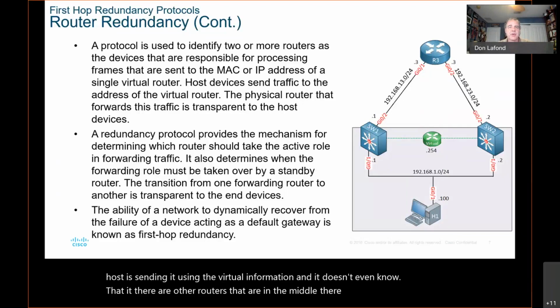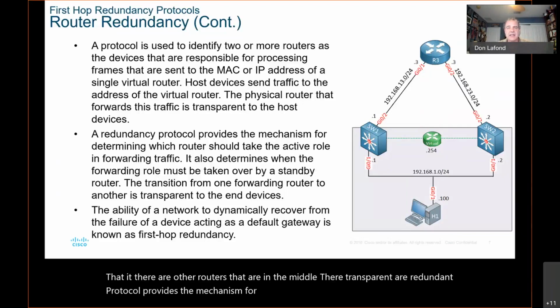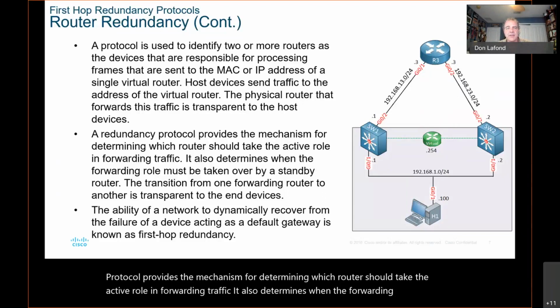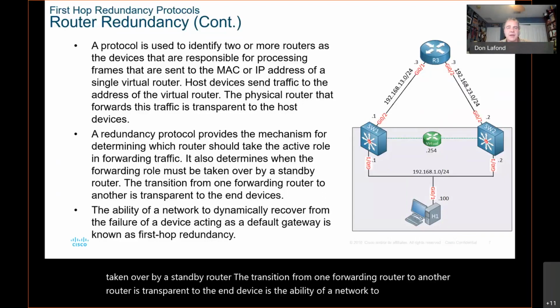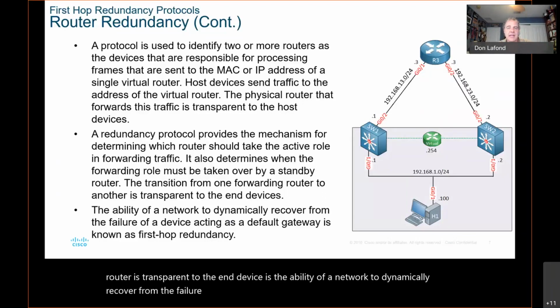A redundant protocol provides the mechanism for determining which router should take the active role in forwarding traffic. It also determines when the forwarding role must be taken over by a standby router. The transition from one forwarding router to another router is transparent to the end devices. The ability of a network to dynamically recover from the failure of a device acting as a default gateway is